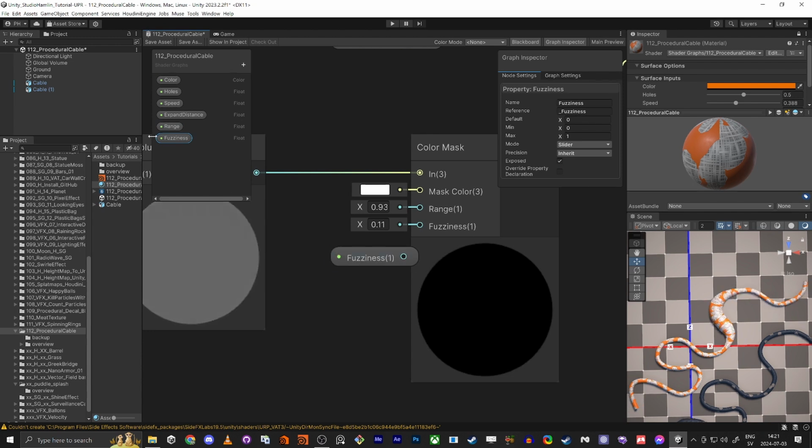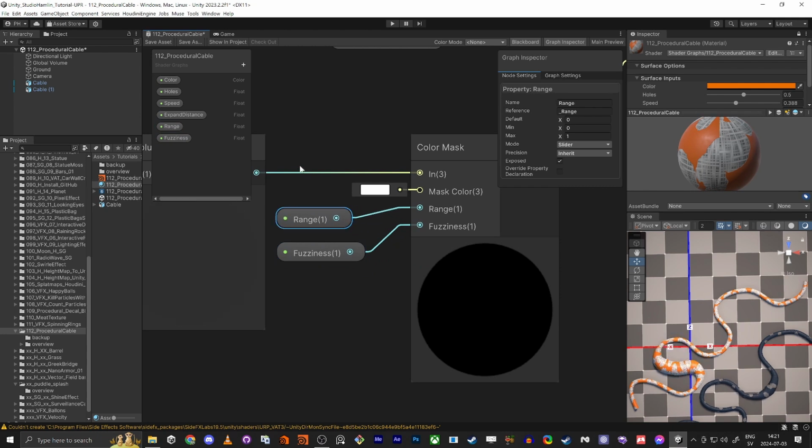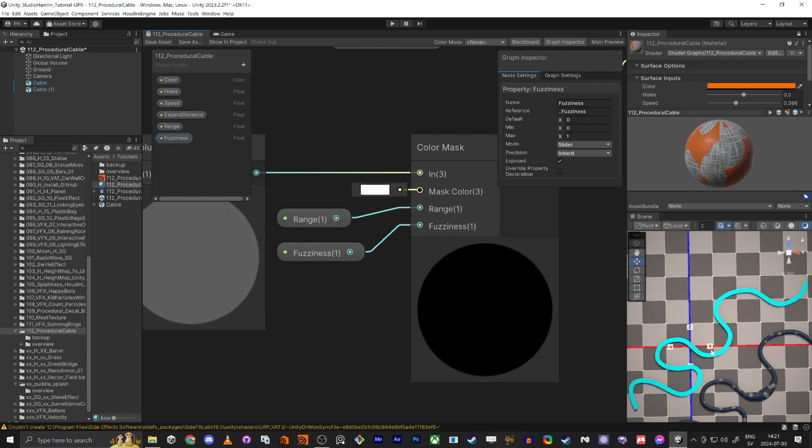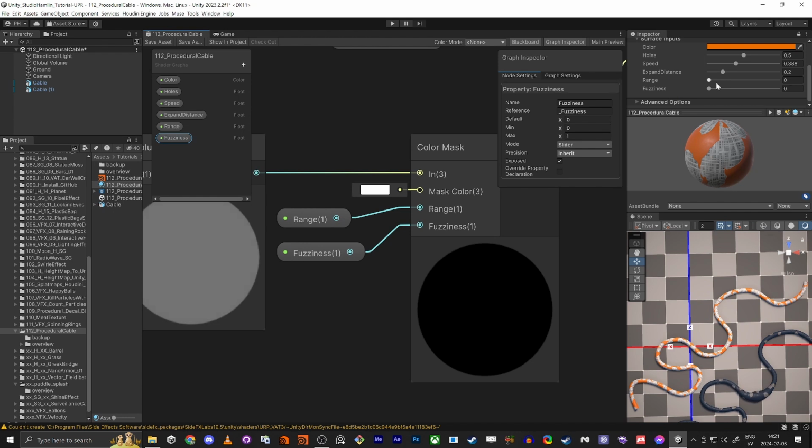So we have fuzziness here and range here. So if you do expand, range, and fuzziness, they are the ones that's gonna control this thickness. So if we increase this,